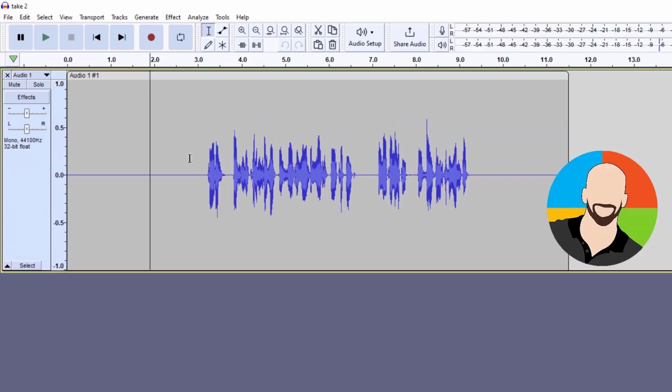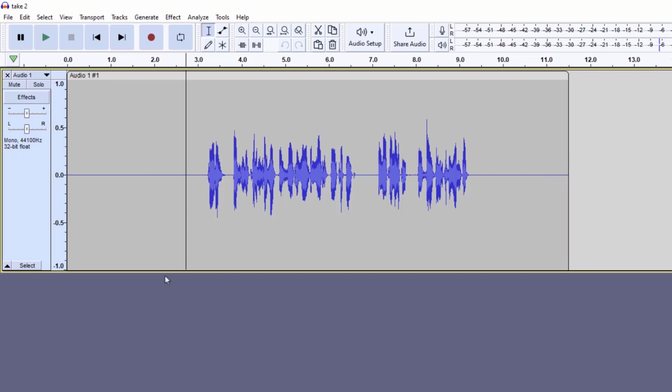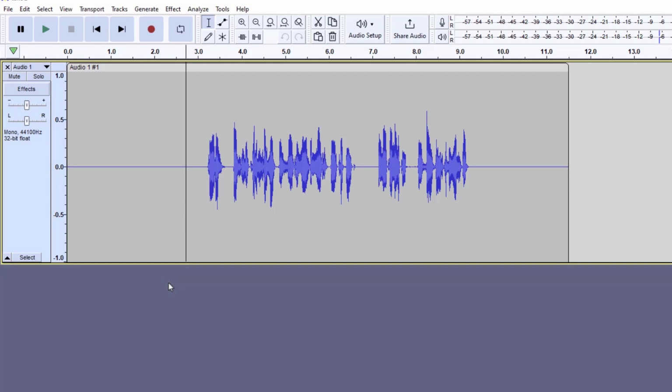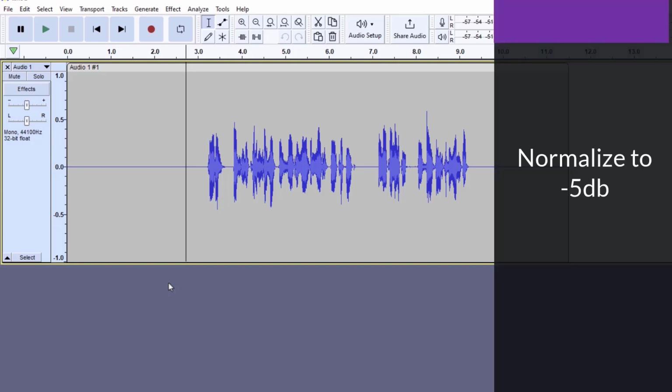And the next step in our process is to normalize the track. In a nutshell, normalization looks for the highest peak of your recordings and brings it to 0 dBs through simple amplification. Think of 0 dBs as being full strength, and anything above that, the audio distorts and it just sounds awful. Now, without getting too murky, although it sounds tempting to go with 0 dBs, it's a good idea to be below that threshold when producing your audio. So for this technique, we'll normalize to